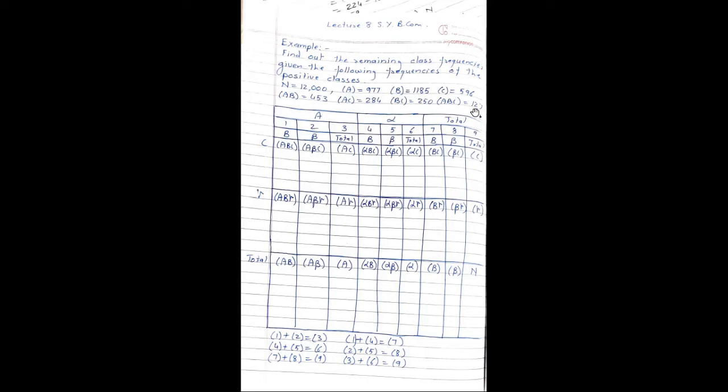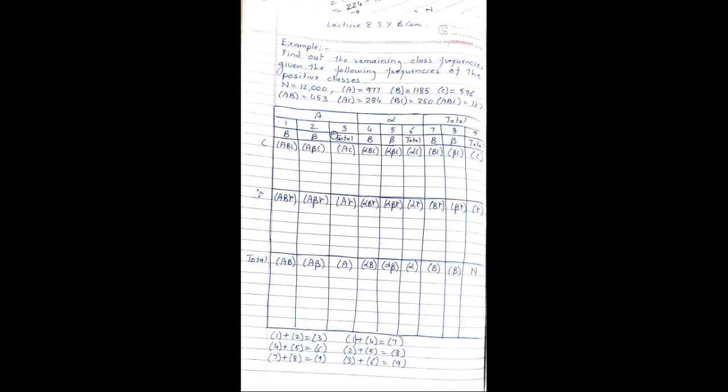We have to find the remaining frequencies, for which we already have seen the method of dot operator. But today we will see how to find the values using the tabular form. So this is the table for 3 attributes. See the procedure to draw the table.